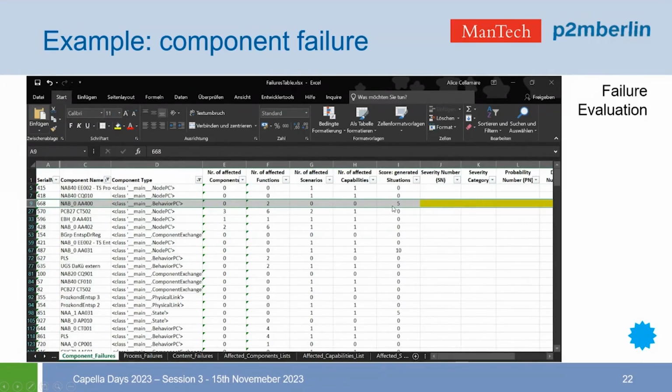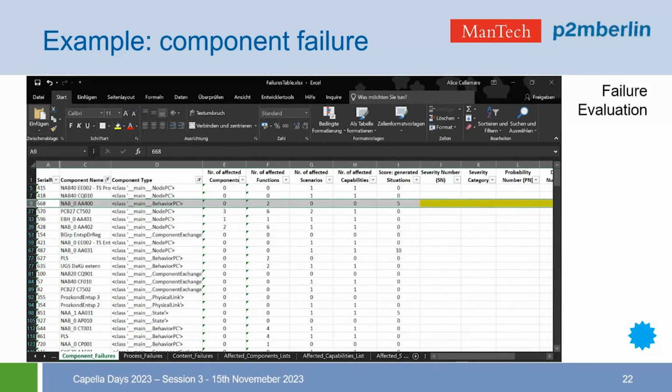And then we have other information about affected components, affected functions, scenarios, and capabilities. And then we have other fields that are typical of FMEA, and these will have to be filled based on the information that we collected, maybe hopefully using one of the tools that we already know, and thus completing the cycle of the failure evaluation.